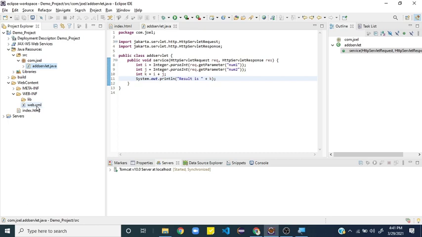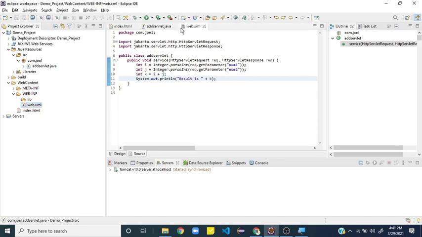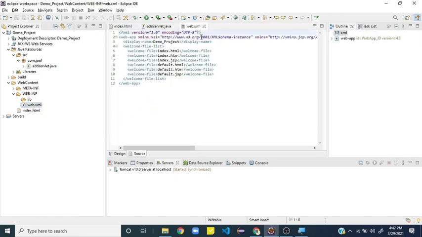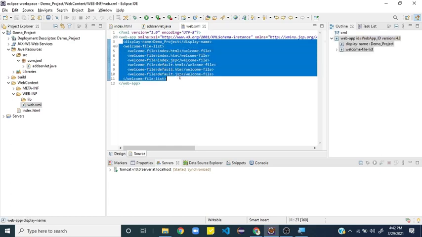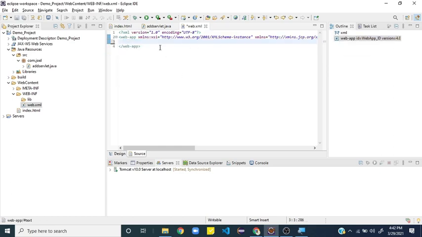And not only HTML and Java, it will help you to map, link any pages that you're using in this Eclipse. Now double click this, it will open up over here as a new page, and there are a lot of things. You don't need to worry about this display and your welcome messages. You can delete all this, but please remember you have to keep the first two lines. That will help you to link, right?